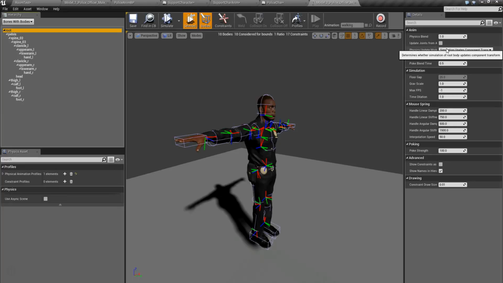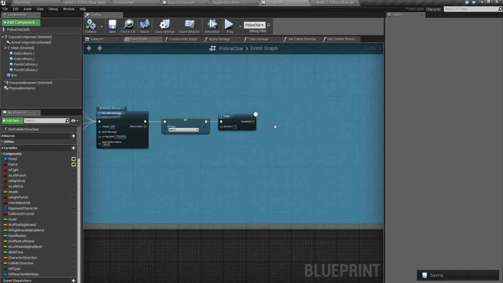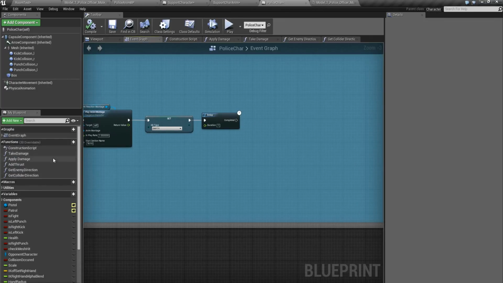That will just give us the effect of something snapping back. So it's basically under the control of the physics and then it snaps back. We don't want that. We want to slowly blend back to our animation, and this value comes in handy. So let's go over to our police character, and after this we're going to use my favorite macro, which we don't